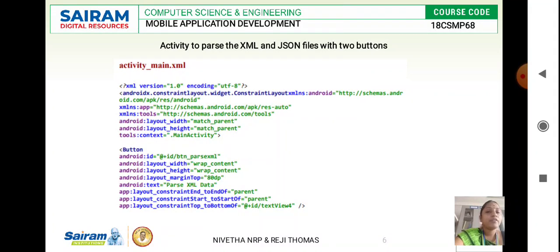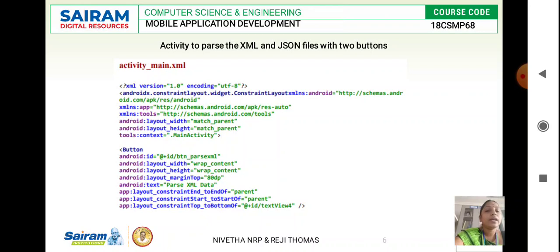One button for the XML file and the other button for the JSON file. Okay, so to pass that, we have 2 buttons. For that we are giving the descriptions. And button, what is the role of a button? The button is to pass your XML data. So the first button is to pass the XML data, so you code that. And what is the width of your button, what is the height of your button, what are the margin borders of your button, everything you will be coding here. And what is the text we are going to display there? The text we use is pass XML data, so we are giving that.